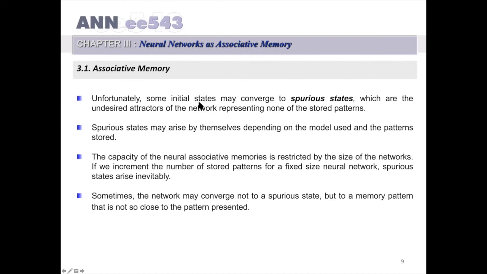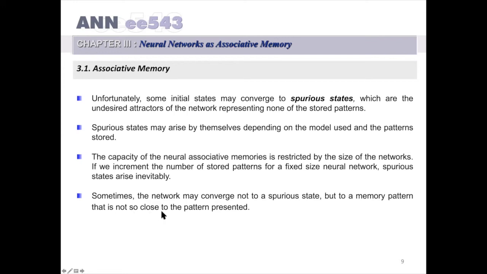Unfortunately, some initial states may converge to spurious states, which are undesired attractors of the network, representing none of the stored patterns. Spurious states may arise by themselves, depending on the model used and the patterns stored. The capacity of neural associative memories is restricted by the size of the networks. If we increase the number of stored patterns for a fixed neural network, spurious states arise inevitably. Sometimes the network may converge not to a spurious state, but to a memory pattern that is not so close